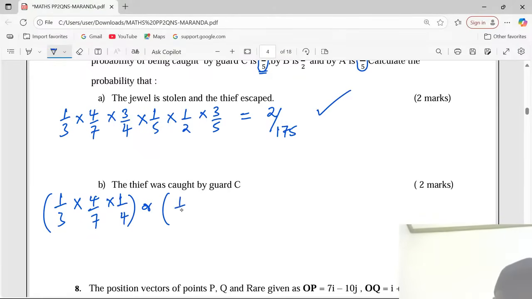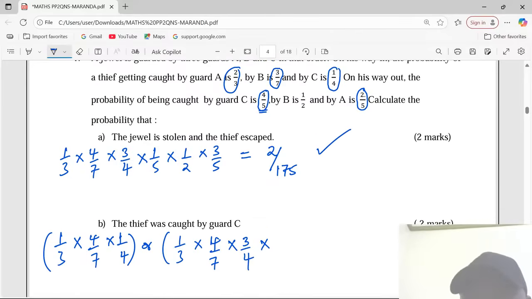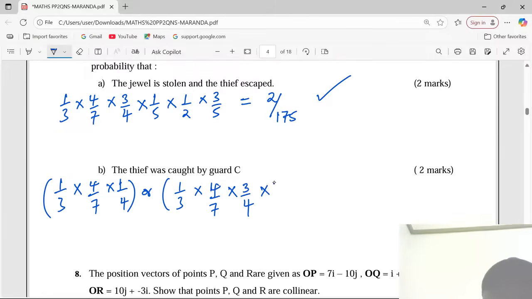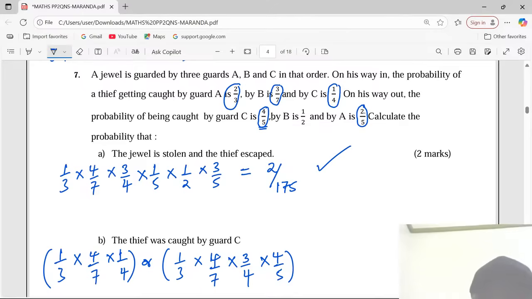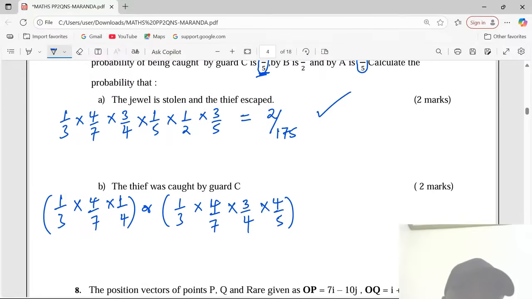the thief passes A, the thief again passes B, the thief passes C, 3/4, but now on the way back, you get caught by C, which is 4/5. On the way back now, you get caught, whereby being caught on the way back is 4/5. So the thief can be caught when entering where the jewel is, or the thief can enter successively, but on the way back, C catches